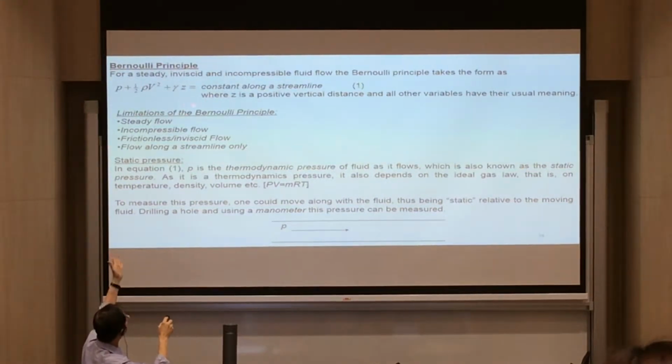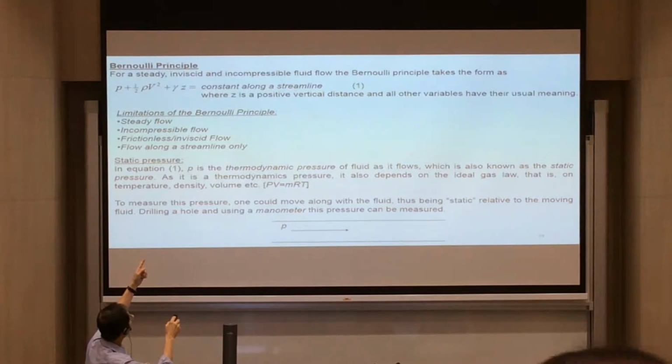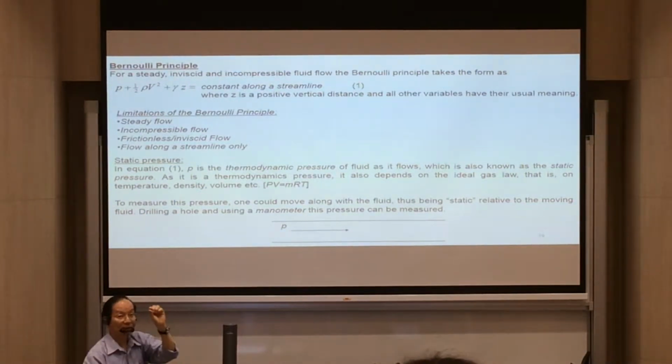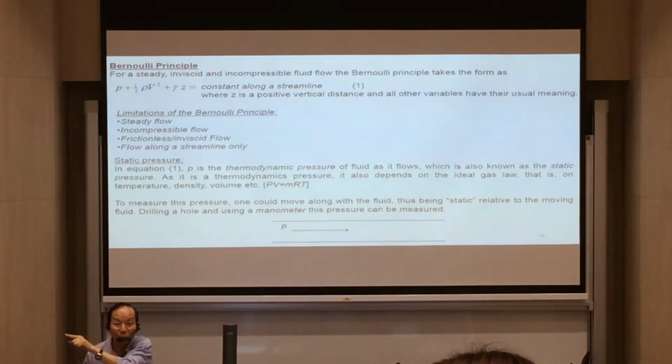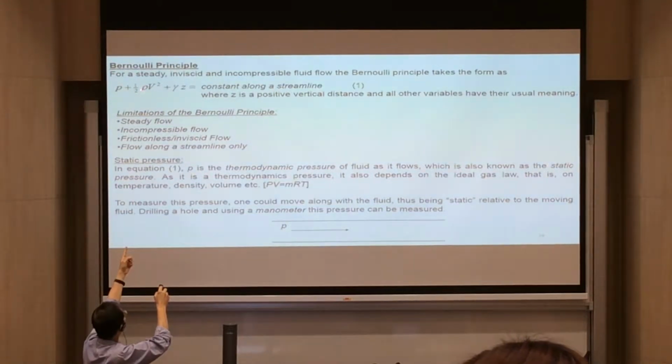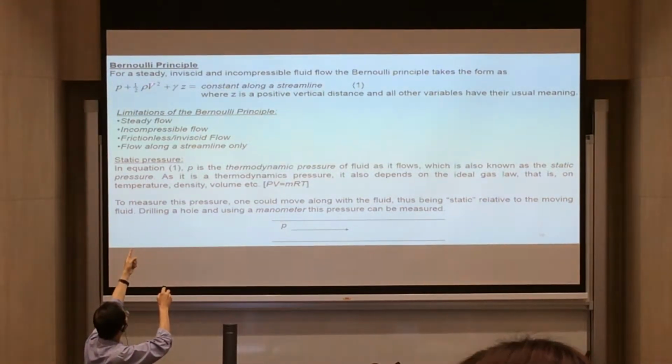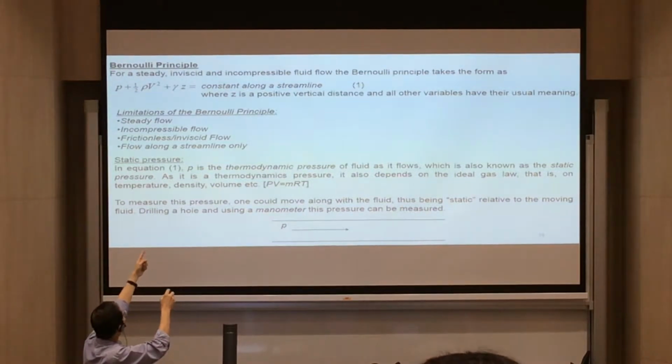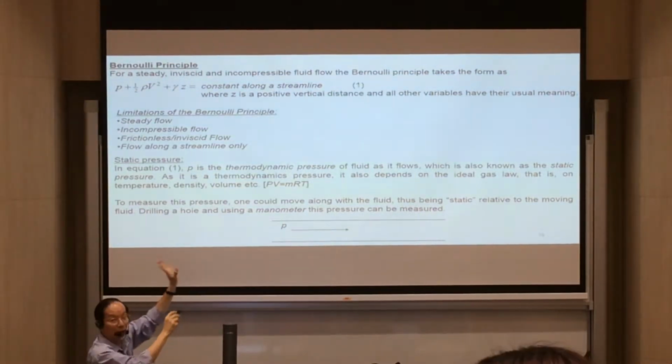Because of continuity and conservation of energy and mass, P1 plus half rho V1 squared plus gamma Z1 will be equal to the same terms on the right hand side, except the subscript will be 2. We have P1 here, P2 there. Because rho is constant, rho and rho will be the same. Z1 here, we have Z2 over there.